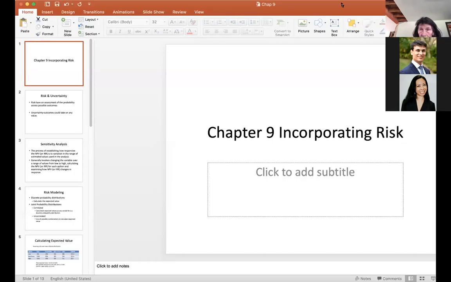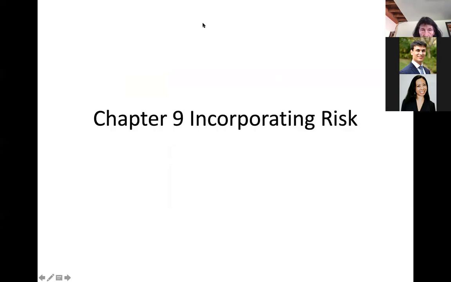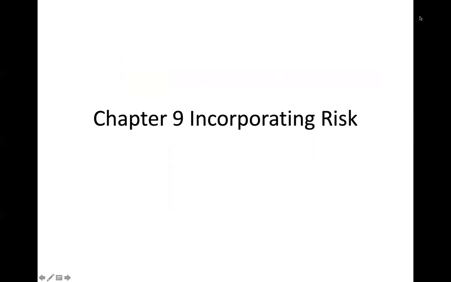and share screen. Okay, so I'm going to minimize this. Okay, so